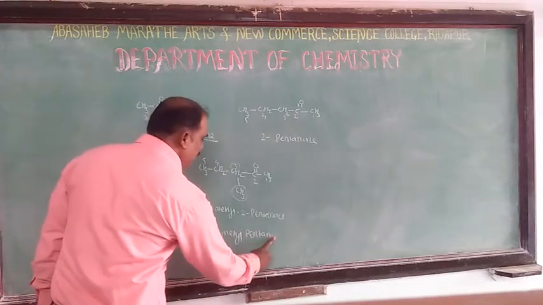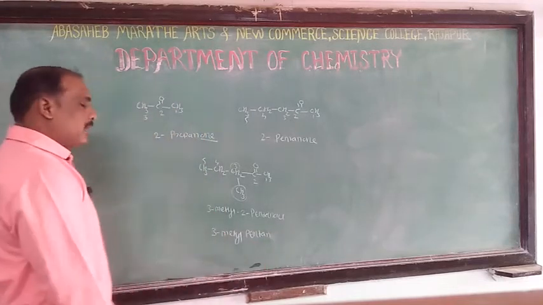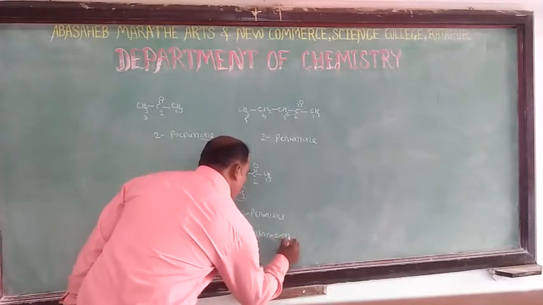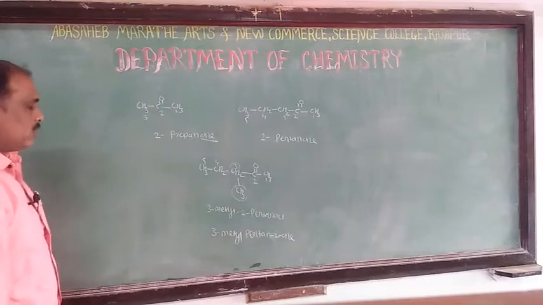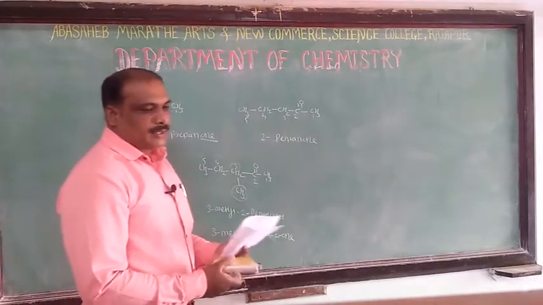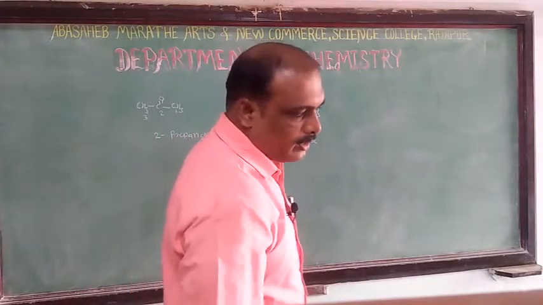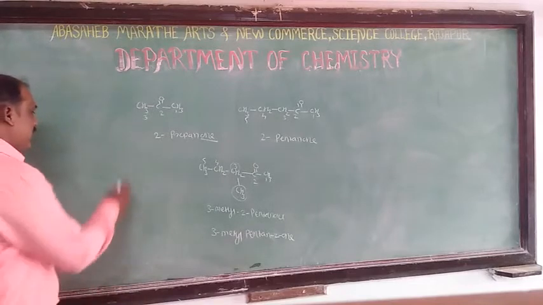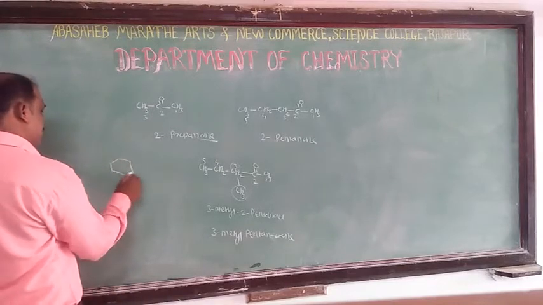So this E is replaced by O-N-E. So pentan-2-one. Right? So other examples we have also seen, given the IUPAC name as well as the common name for aromatic systems, as